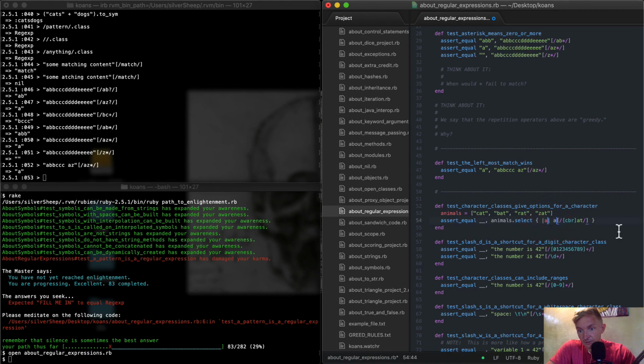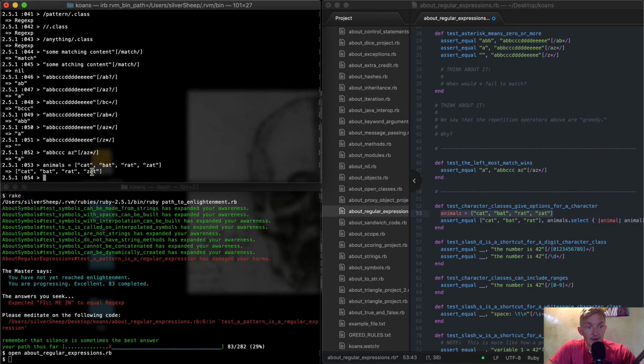So let's actually do that because we can write animal in here. With each animal, we're testing to see if it matches [CBR]at. So cat, and then bat, and then rat, but not zat. This is what I think is going to happen: we're not going to get zat because it didn't work, but we are going to get all the others. So if we go animals like this, now we've got a variable name animals saved to an array